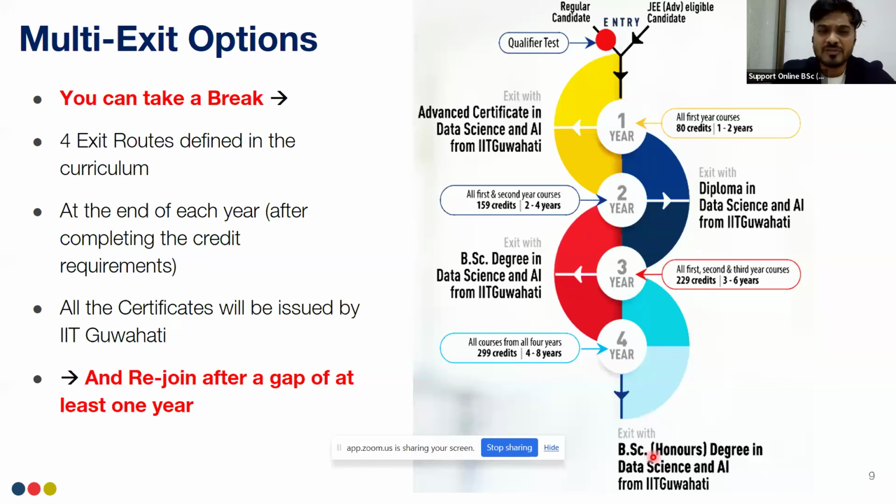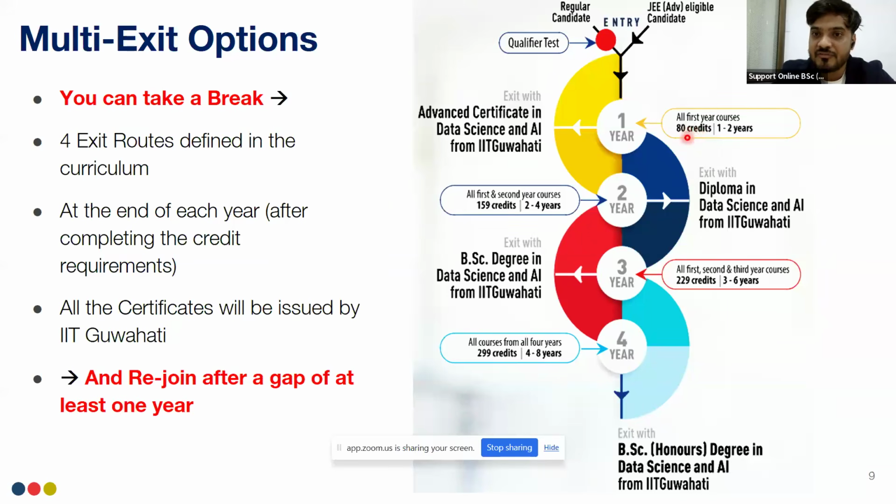However, because of some other commitments, you may not be able to continue this degree at a stretch, and you may plan to exit at designated exit points. This figure explains that. If you are planning to exit after 1 year, then you have to complete all the first year courses, which sums up to 80 credits.